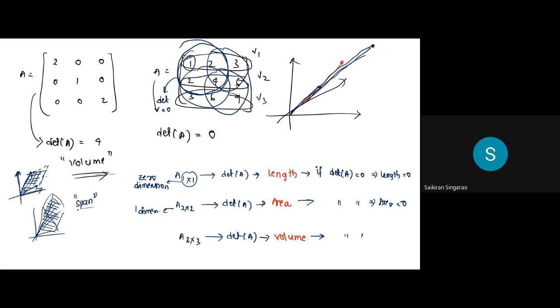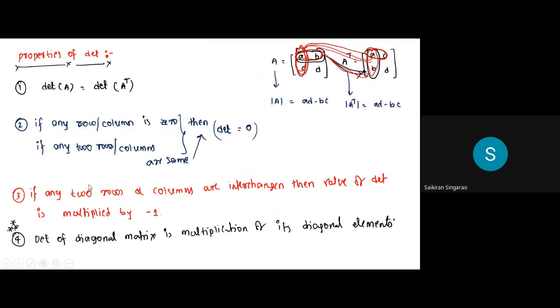Now we don't want to get into different or difficult terms. Span is simply nothing but whatever is the coverage. If it's a 2 cross 2, it will cover area. If it's a 3 cross 3, it will cover volume. If it's a 1 cross 1, it will definitely cover a certain length, right? That is generally called a span, right? So rank is nothing but, rank simply shows what is the span of the vectors in a matrix, right? Now, if I tell you like this, you'll get confused, or you'll ultimately not understand it. The simple meaning is like this.